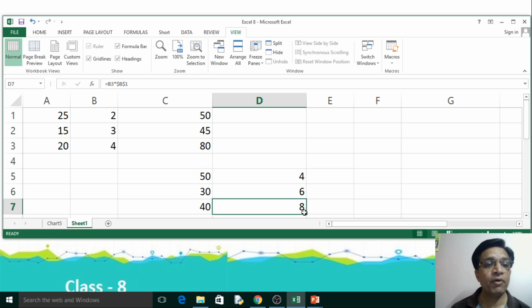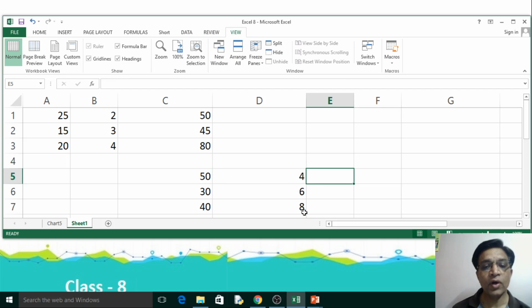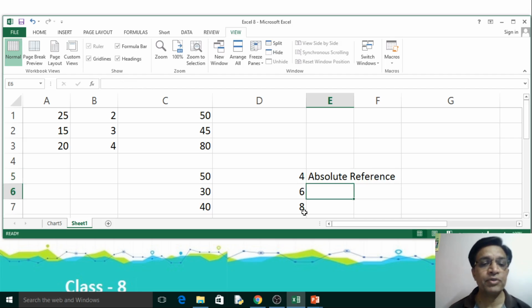That type of referencing, when we fix the row as well as the column in a cell, is called absolute reference, right?